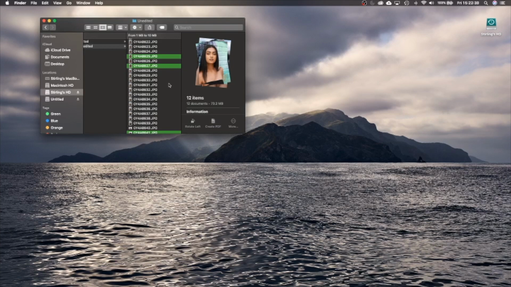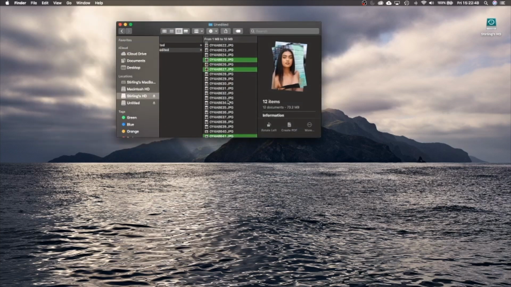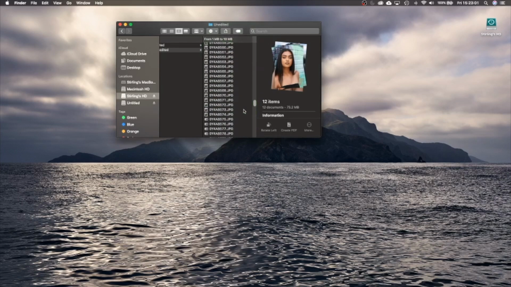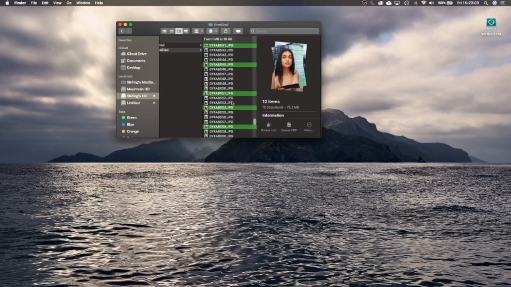But what I want to talk to you about is if you're doing a lot of batch editing, especially if you do portraits, weddings, that type of thing, you definitely want Lightroom over Affinity, and this is for one reason. So here we have unedited photos of a shoot I did a couple months ago. I'm just going to grab the JPEGs because opening up all of the raw files would take much too long. So if we open them up in Affinity Photo,